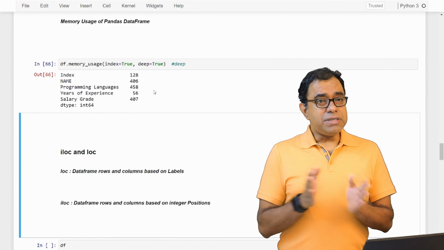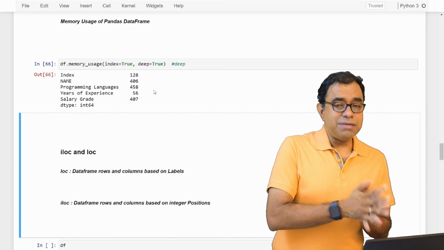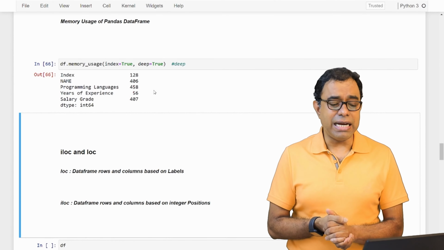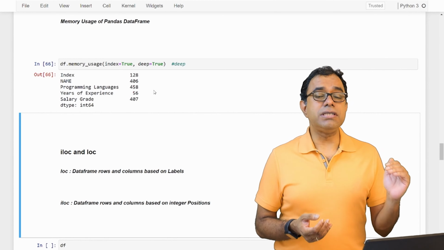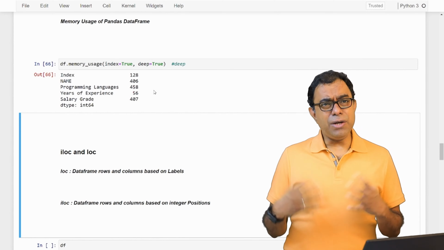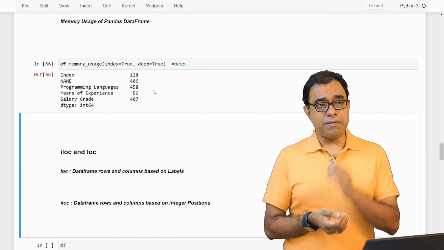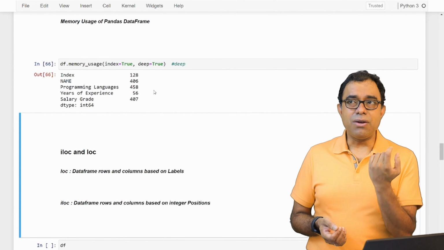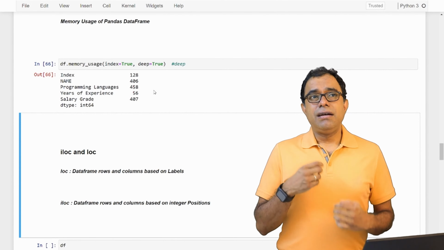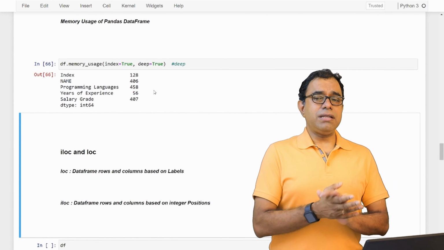But if you check with the process dump and this memory usage, I have always seen there are differences, and I am not sure how this memory usage actually calculates everything, or if it has the capability of calculating the memory usage of all the objects, all the indexes. I'm still trying to figure that out.